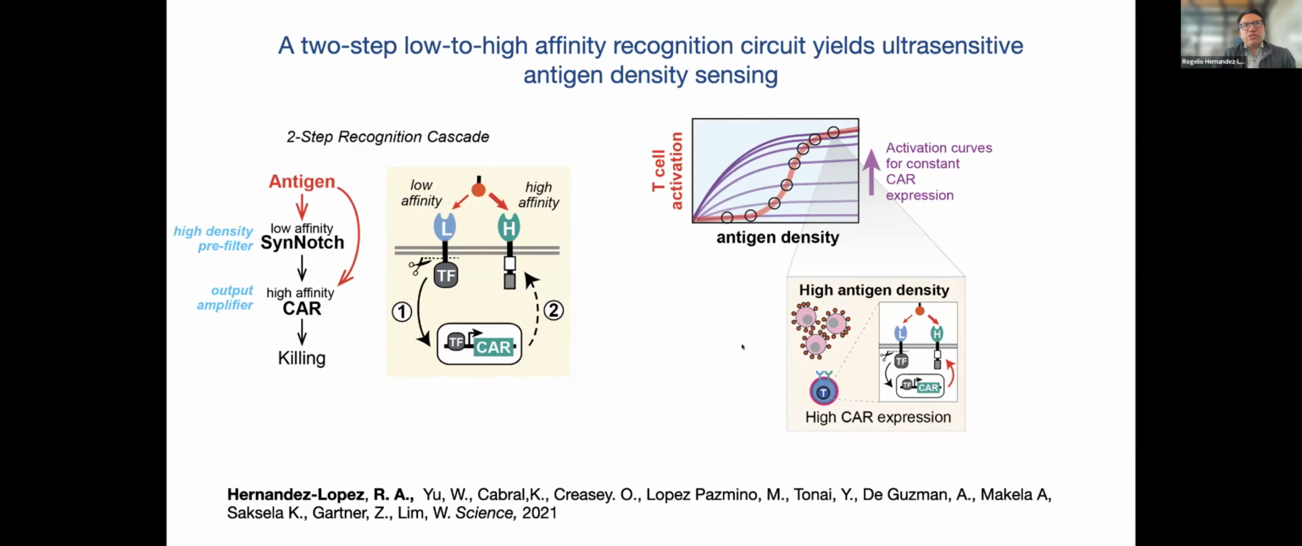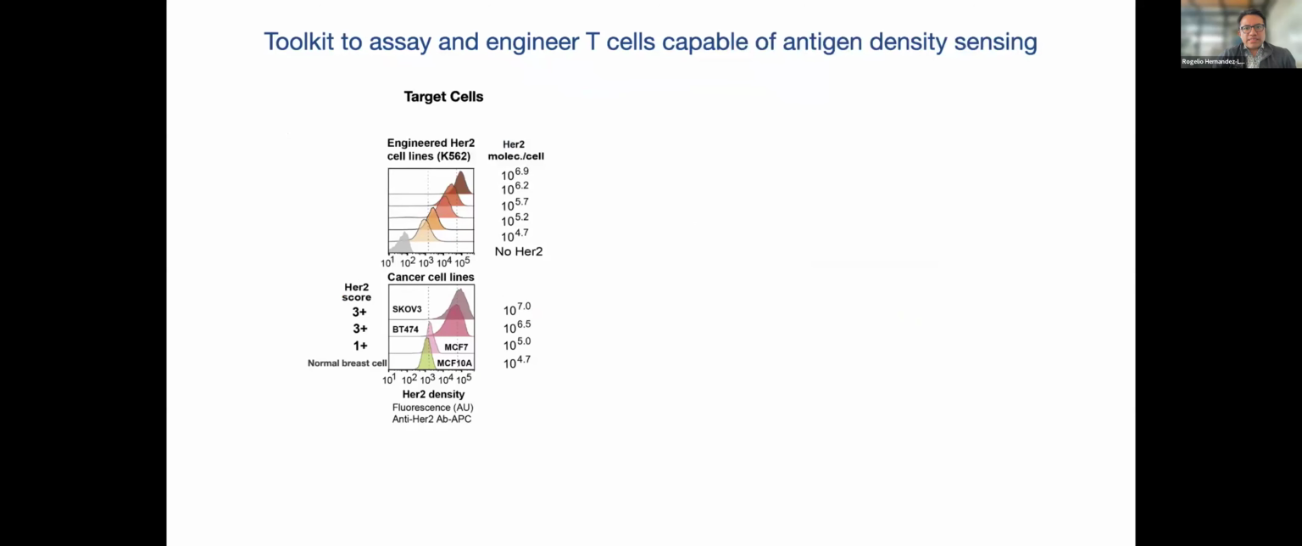Okay. So the first thing that we wanted to do to test this circuit design was to build a system where the only difference among the target cells was the antigen expression. We picked this protein HER2. I mentioned earlier, HER2 is a protein that is highly abundant on the surface of cancer cells, for example, some subtypes of breast cancer, ovarian cancer, gastric cancer, but it's also present on the surface of a lot of tissues, for example, the skin or heart,